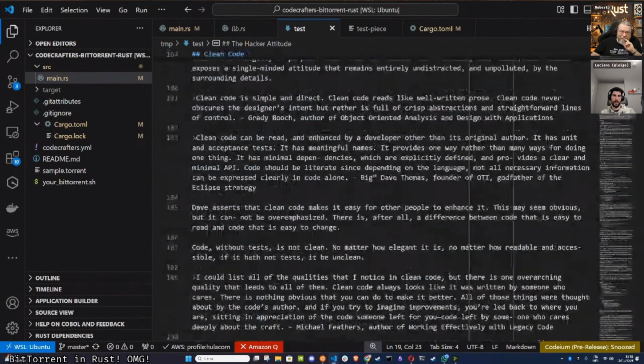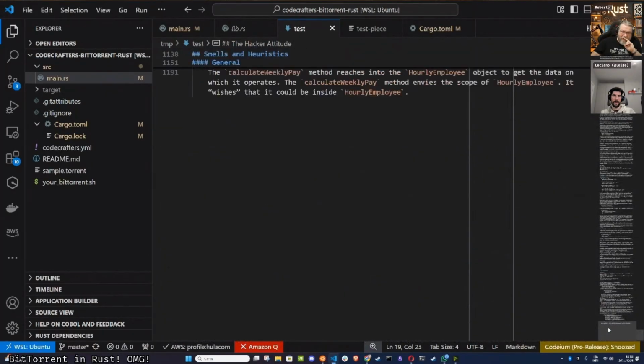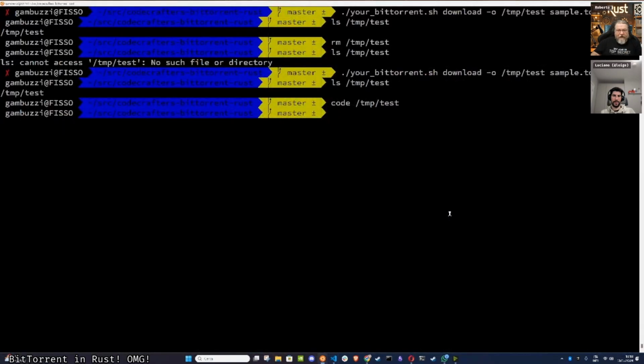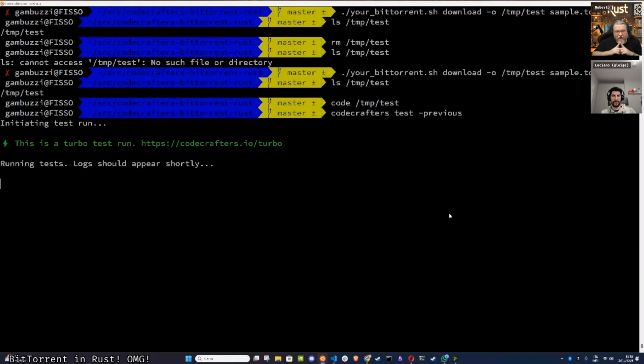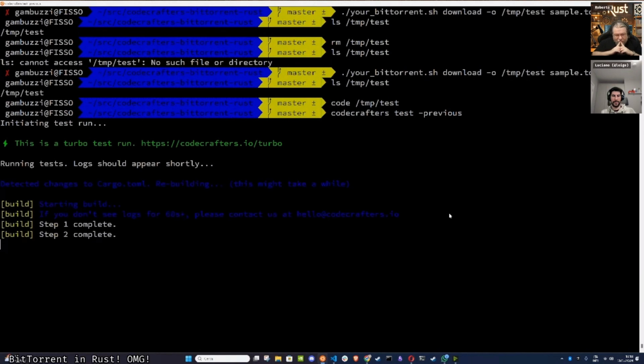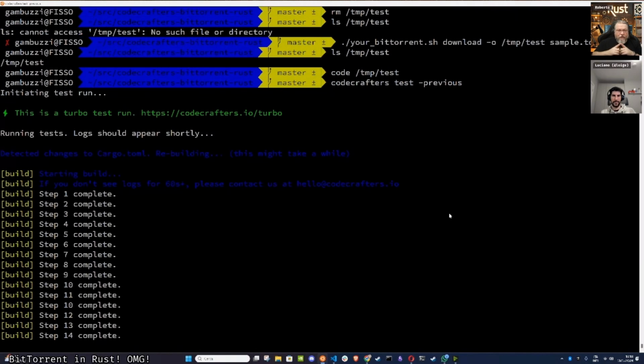Oh, look at that. It seems like that downloaded a whole file. Now, if we call codecrafters test previous and we get the cat GIF, it is going to pass this time. Remember that when we were downloading